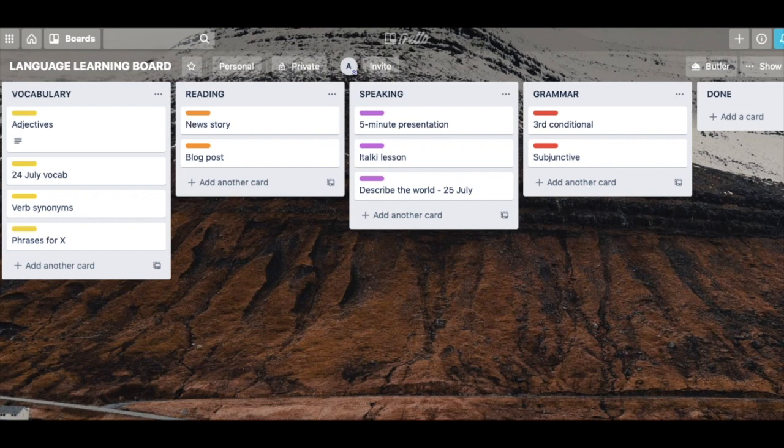The tool I want to share with you is Trello, and it's probably one of my favorite ways of organizing my work. I actually use Trello for everything: personal stuff, work stuff, and language learning stuff as well. And this is probably the least rigid way of organizing your language learning schedule, but it does have a lot of benefits. One of those benefits is that you can create little cards and you can add details